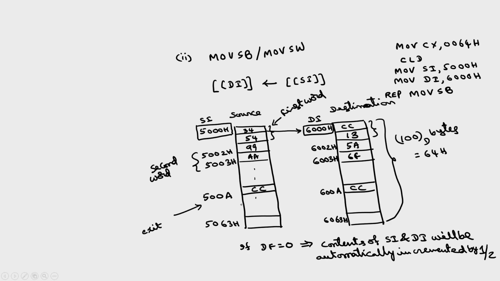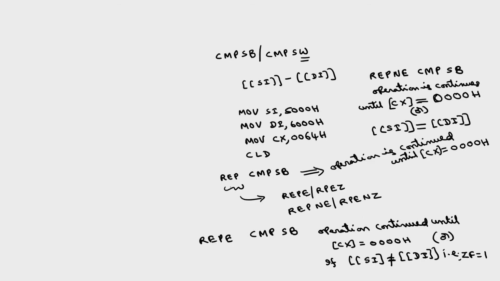the direction flag is reset, then SI and DI will be automatically incremented by 2. If DF is 1, then it will be decremented by 2. That is the difference between string byte and string word. Everything else in the operation is the same. So, the next string instruction is